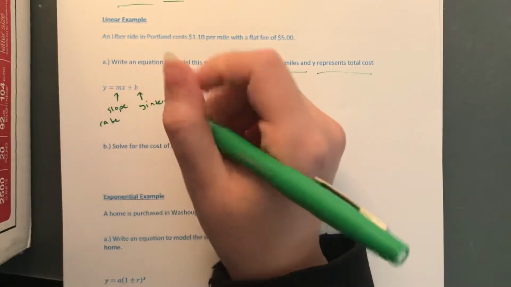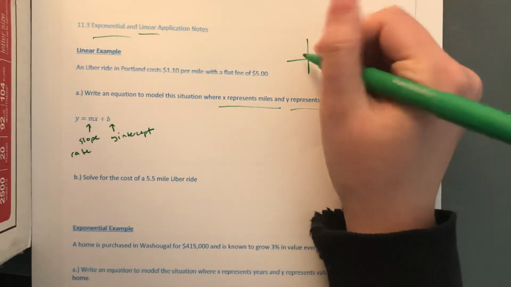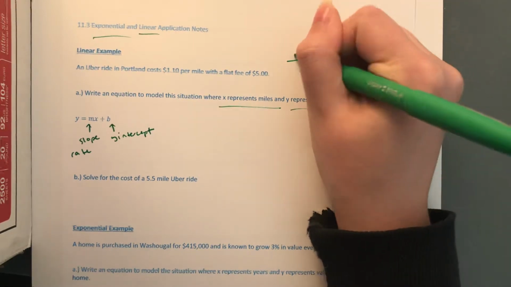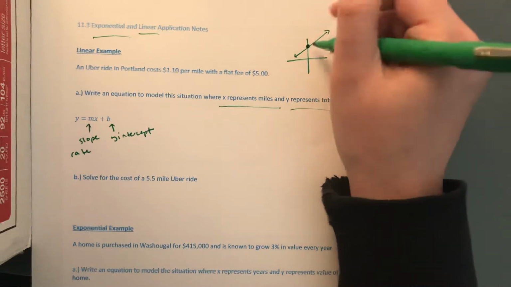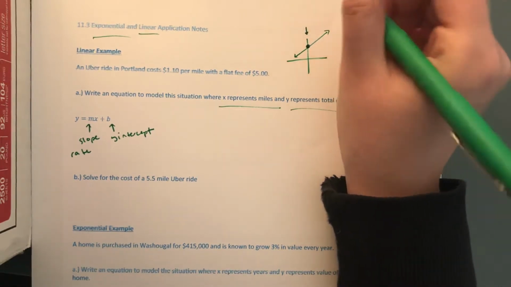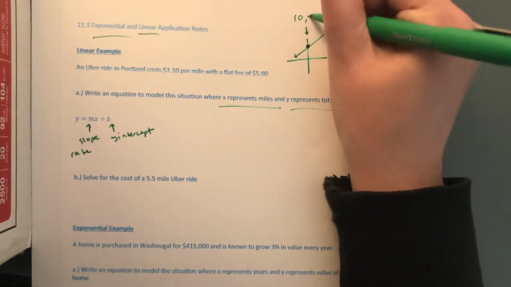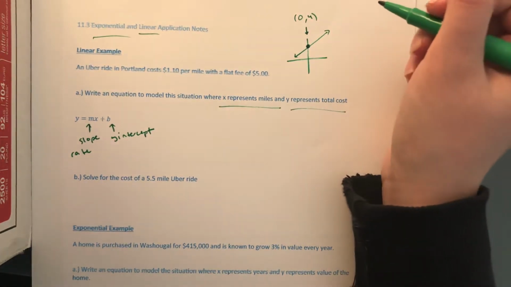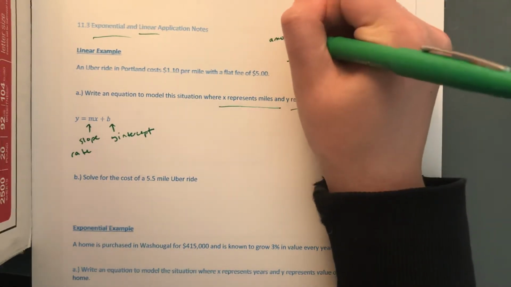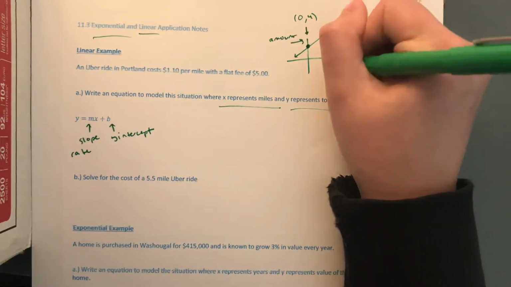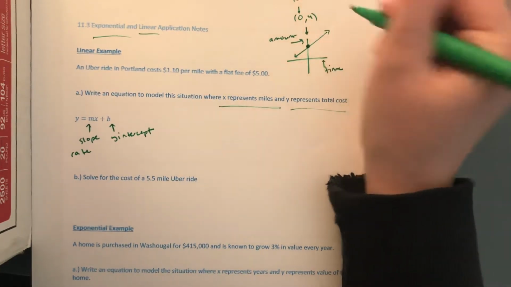We talked about this once upon a time: if my line looks like this, a y-intercept is typically something like (0, 4), for example. The y-axis represents the amount of something, and the x-axis represents time. And so when time is 0,